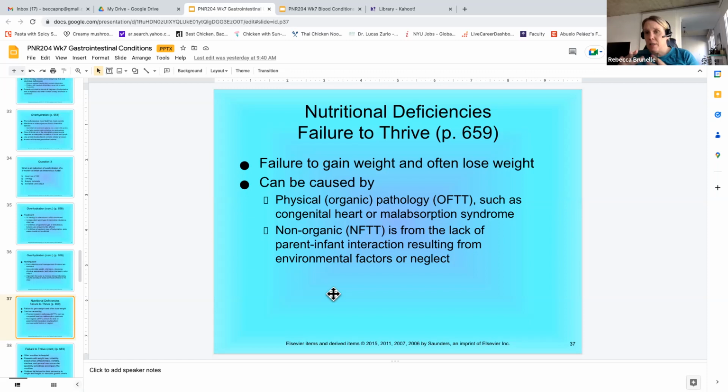So I'm just going to throw this out there. How would you think as a nurse you would respond to the parent if you learned that the mom wasn't feeding the baby enough at home and the baby came in for being too thin? How would you feel as a nurse, and how would you respond to that family? I think the first thing you would need to do is take your own personal feelings out of it because you don't know where they're coming from. So I think you would need to assess and ask questions on why, maybe there's a legit reason outside of just neglect.